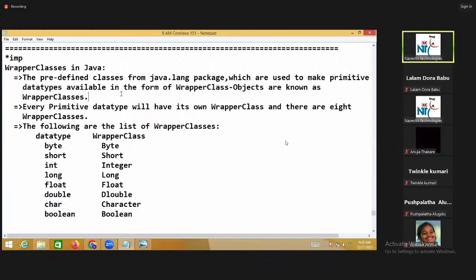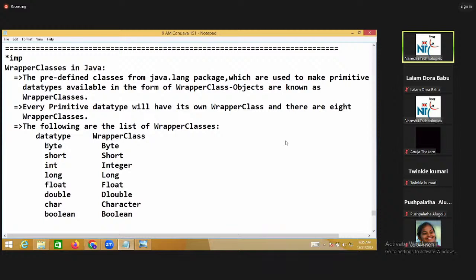The predefined classes from the java.lang package, which are used to make primitive data types available in the form of objects, we call wrapper classes. Every primitive data type will have its own wrapper class. There are 8 primitive data types available, so 8 wrapper classes will be there.